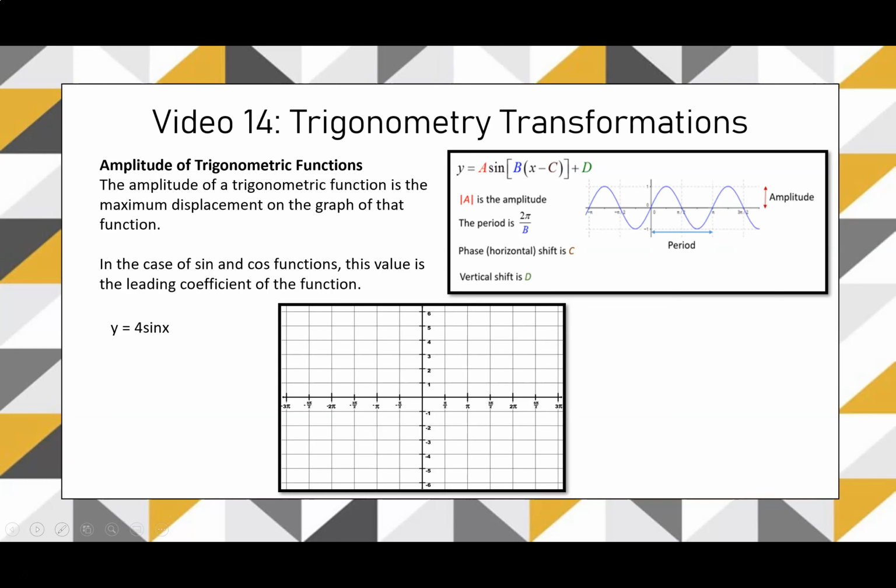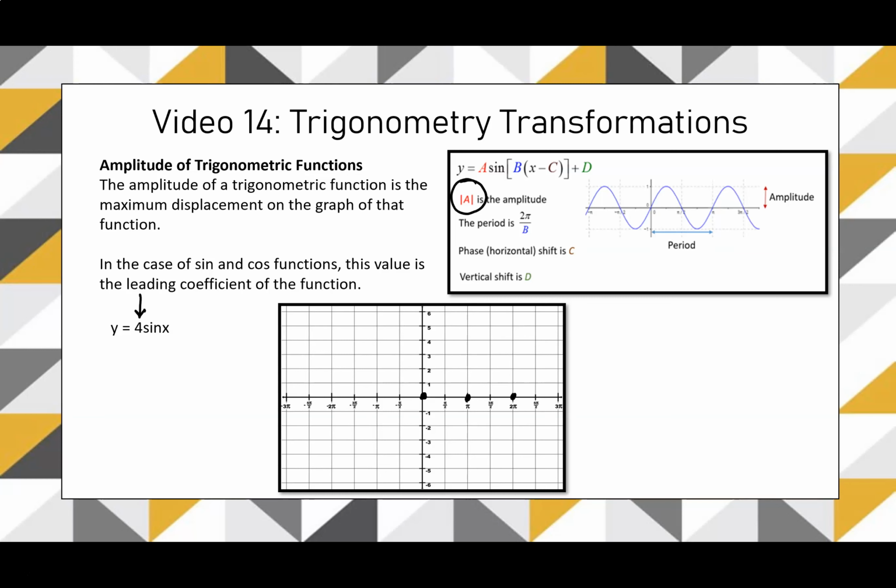Let's talk a little bit more about amplitude. So amplitude of a trig function is the maximum displacement on the graph of that function. In the case of sine and cosine, the value is always going to be that leading coefficient. And you really should just take the absolute value of it right here because we're talking about a positive number of what displacement is. So in this particular case, for sine x, usually we start at 0, 0, right? Well, we still do that here as well, and we end at 2 pi, and we'll be at pi here,